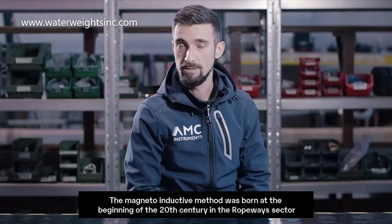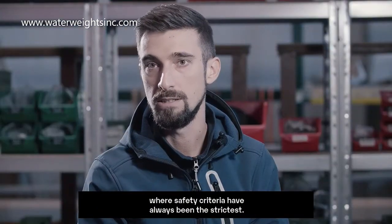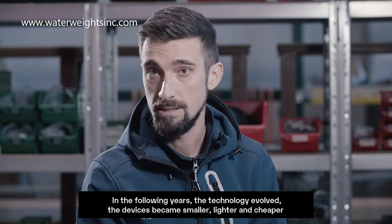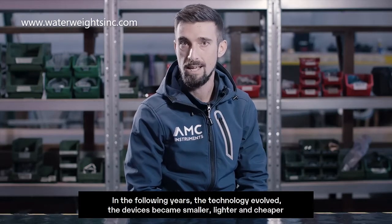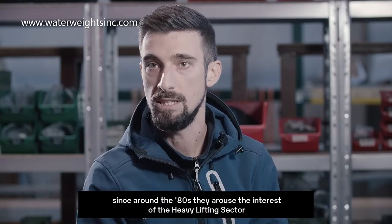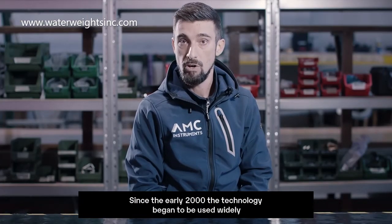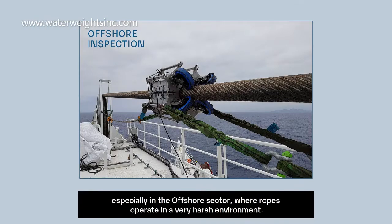The magneto-inductive method was born at the beginning of the 20th century in the ropeways sector, where safety criteria have always been the strictest. In the following years, the technology evolved. The devices became smaller, lighter and cheaper. Since around the 80s, they aroused the interest of the heavy lifting sector. Since the early 2000s, the technology began to be used widely, especially in the offshore sector, where ropes operate in